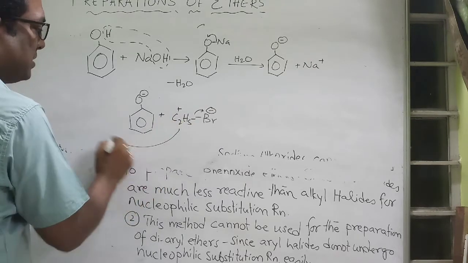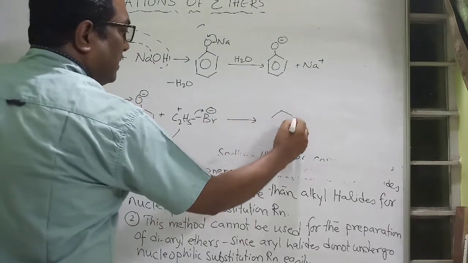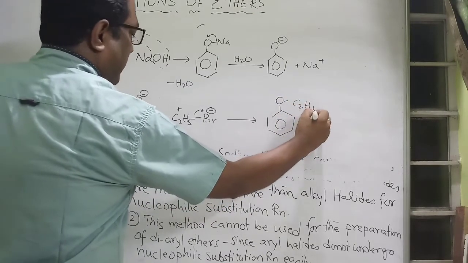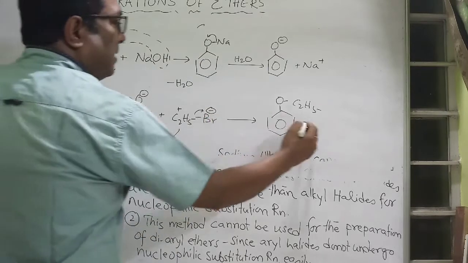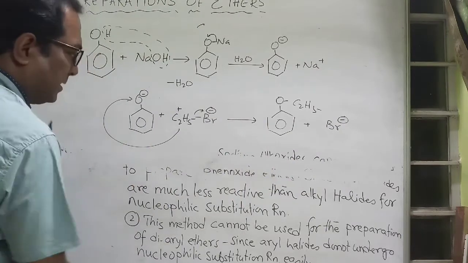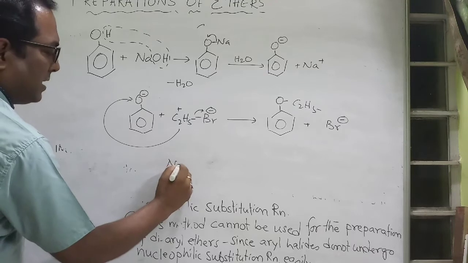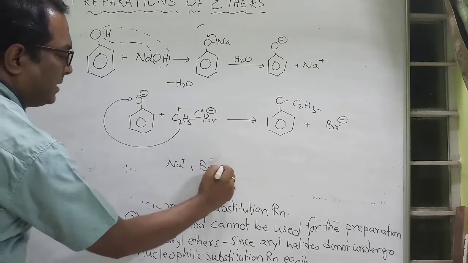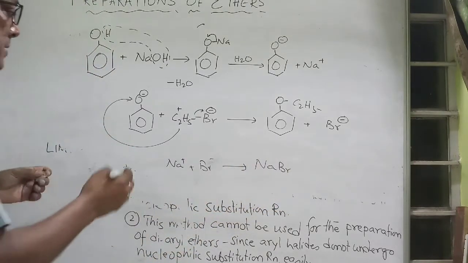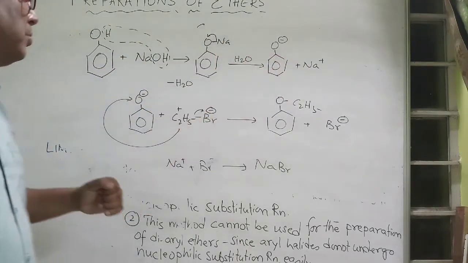So this positive charge will be taking the oxygen, and here the benzene is formed, with oxygen and C2H5, while this Br minus and this Na plus, in the third state, join together to form NaBr. So this is the mechanism, students: the phenoxide ion is being formed together with the liberation of sodium ion,